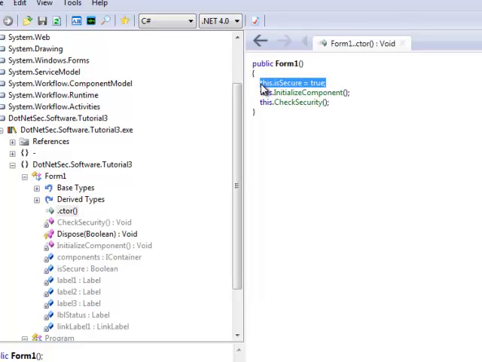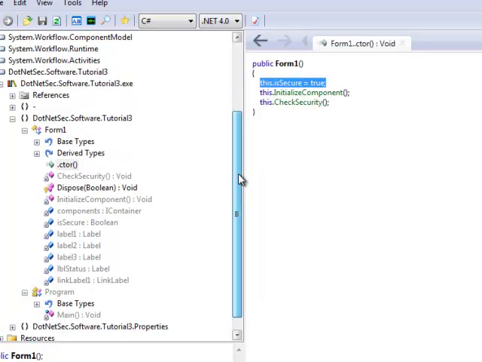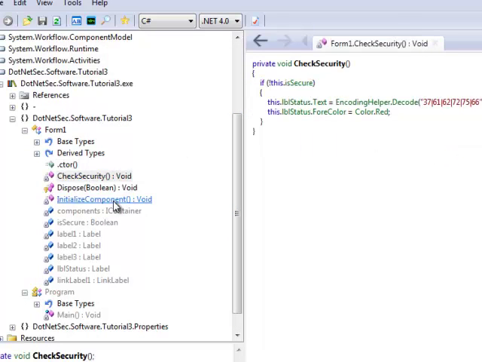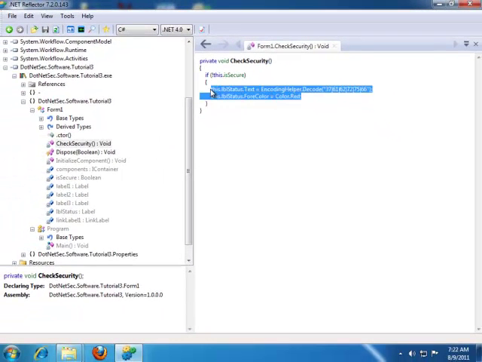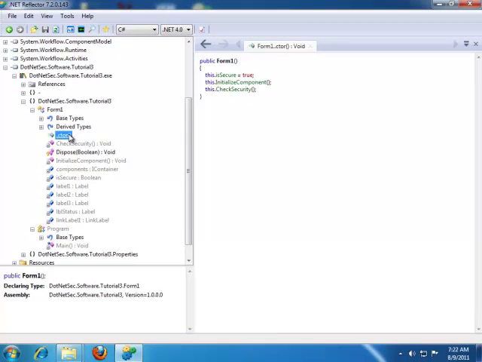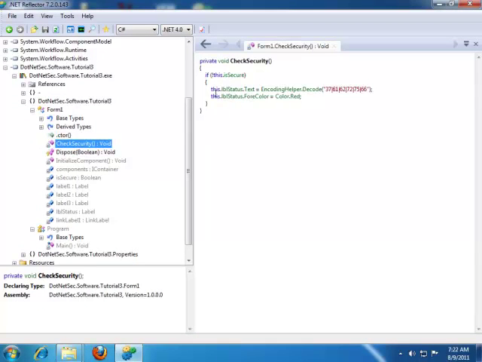And we have this is secure equals true. Check security initialize and check security call. So, if it's not secure, you see our little bang there. If not secure, looks like we get our password. And this is done in our constructor, so that's when our form starts up. So we need to modify